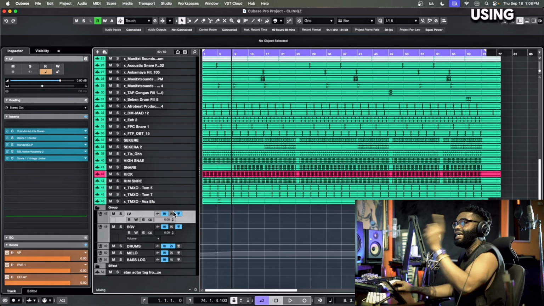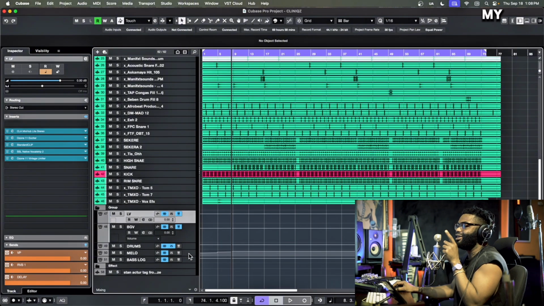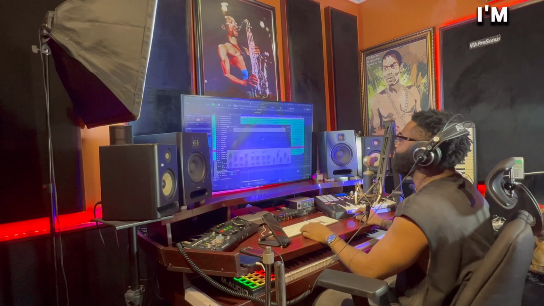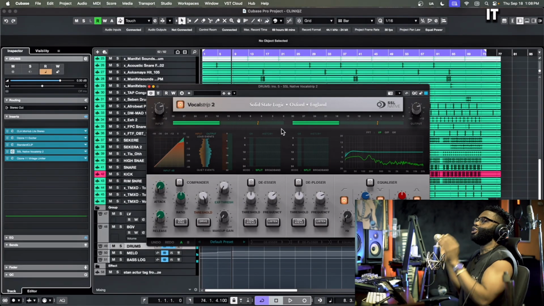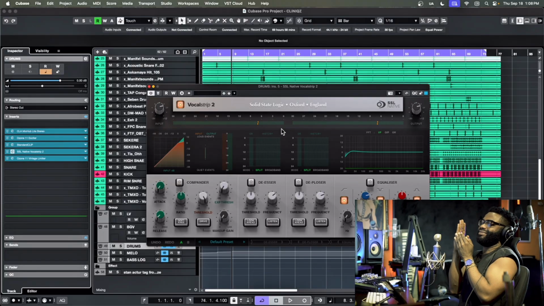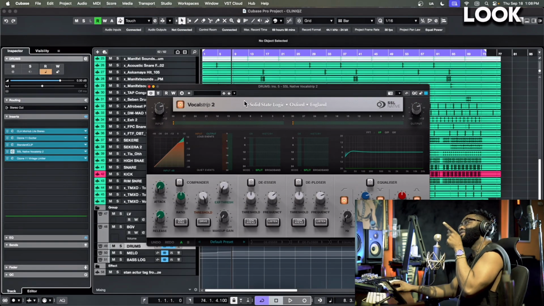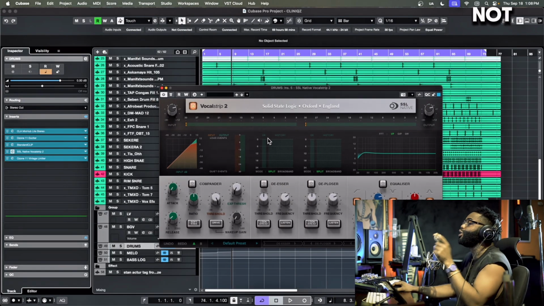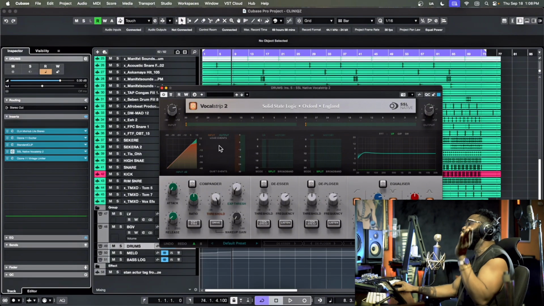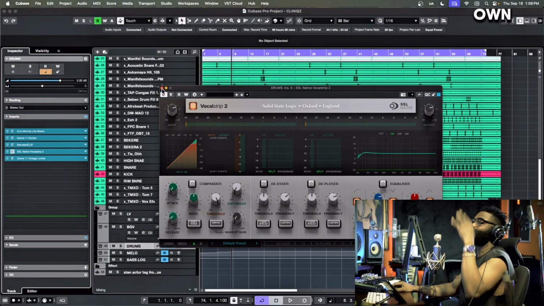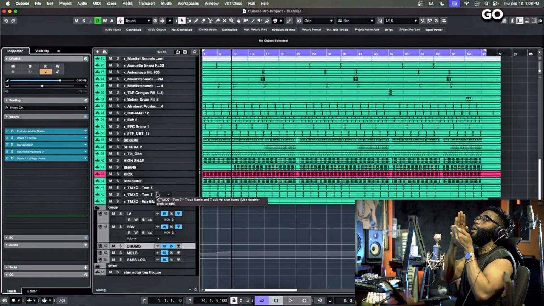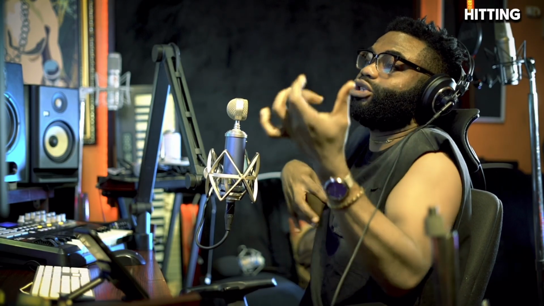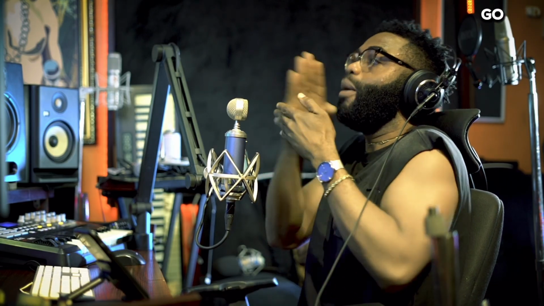Then any plugin you add on the stuff, bring it here, even if you are not using it. If you can see my drum now, it has this guy, but I'm not using it, just to retain the time. If you look at this plugin, it's on the drum. I'm not using it, it's just on. So it will add its own latency, but it will go back to the timing. So if the bass is hitting together with it, it will go back.